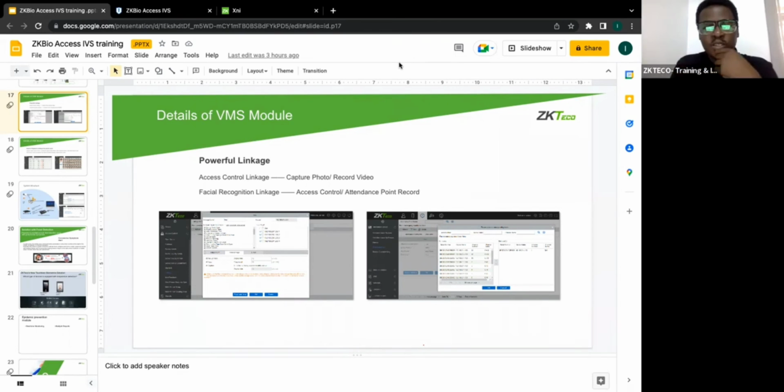The NVR sends the information to our management software, which is ZKBio Access IVS, and checks for the facial data of that person. Once it verifies the face, it is very quick. It happens in about 3 to 4 seconds. You get to the entrance with your face, and it opens the door. So it matches